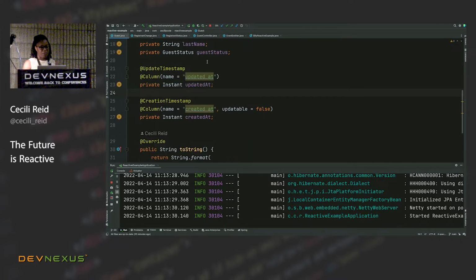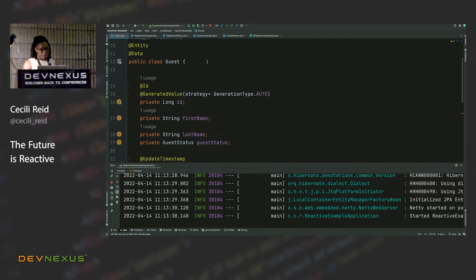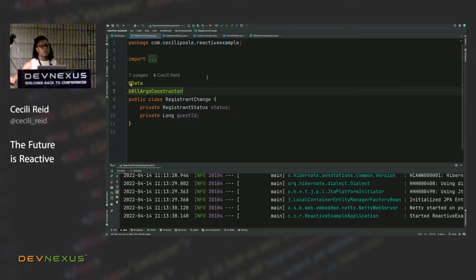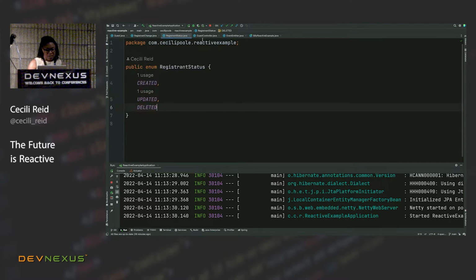In here, I have my guest entity for my database. I have first name, last name, the guest ID, and the guest status, whether they were registered, if they canceled the registration, if they were absent, what have you. What I want to happen is to map those objects from my database into the objects that downstream systems want to consume. And it's a pretty simple one called registrant change. So they just want to know the guest ID and what status they're now in. Was this person created, deleted, or updated in some way? And this is the guest status enum.